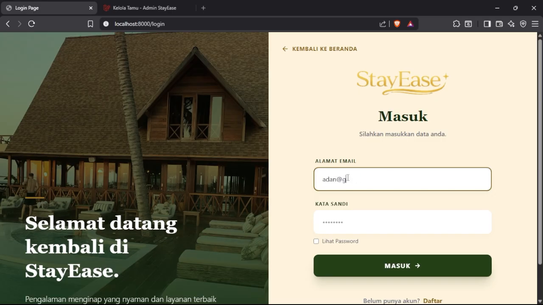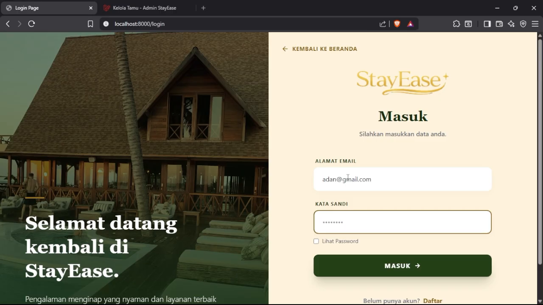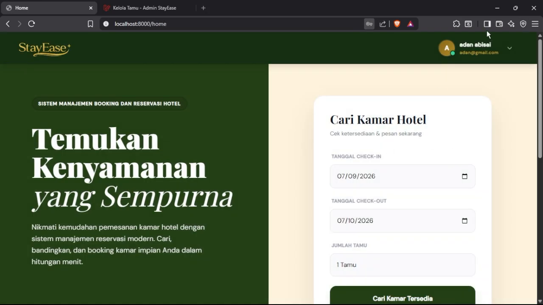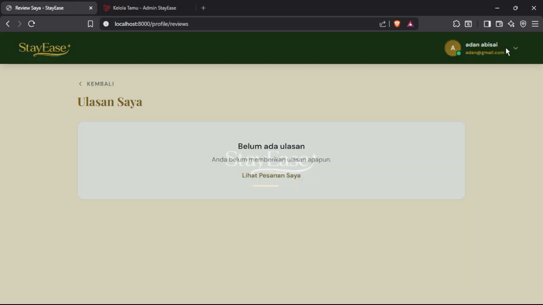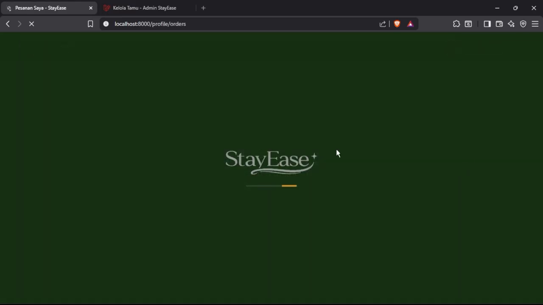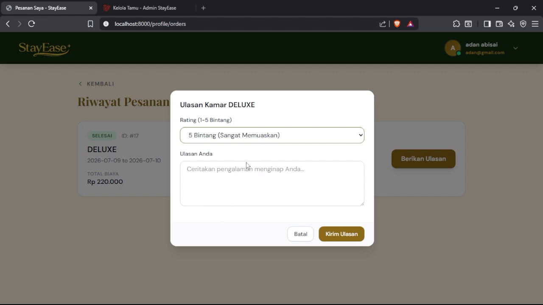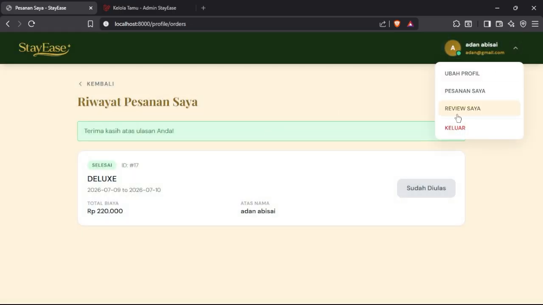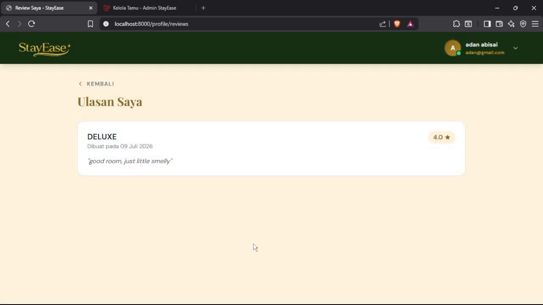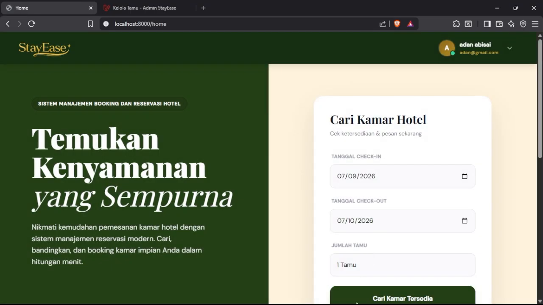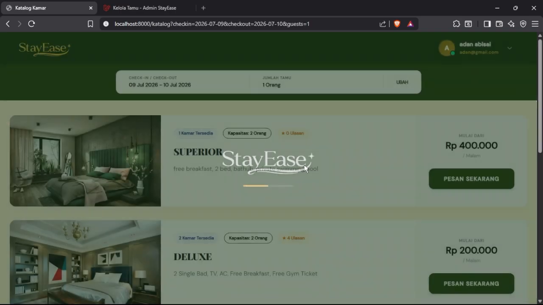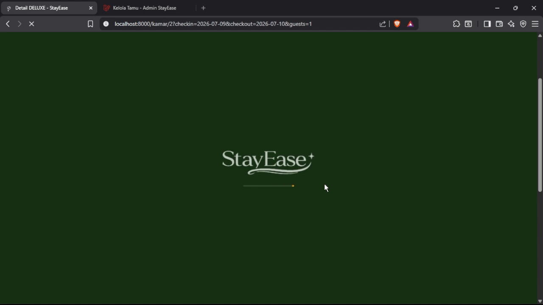The guest can give a rating to a room that is already finished, already checked out, by clicking this history, and then giving a rating from 1 to 5, and then a note. When finished filling this form, it will be moved to this history, and it will also appear on the room type, like this one. We rate this one and it appears here.